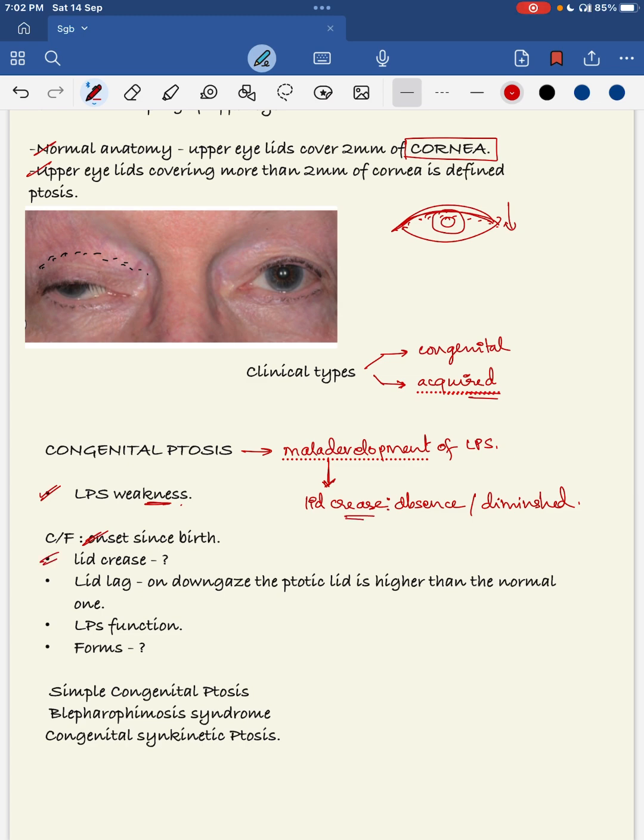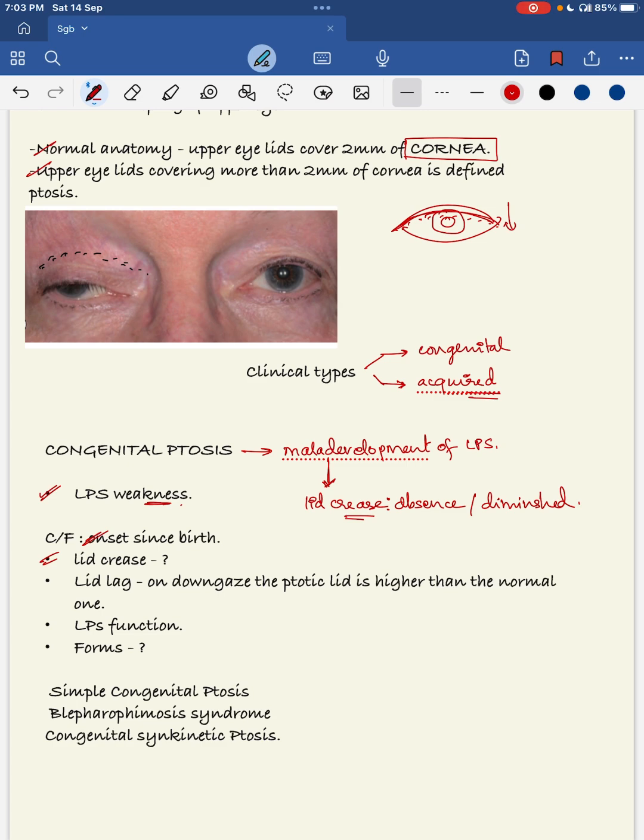Lid lag. While examining a congenital ptosis case, if we ask the patient to look in all directions, make the patient go in all the gazes, then we find that on down gaze, the ptotic lid, on the side of the lesion, is actually higher than the normal lid, only in down gaze. This is due to tethering effect of the abnormal LPS muscle. It holds down the lid while the other eye's lid goes down in the down gaze. So always remember, lid lag is absent in case of congenital ptosis,